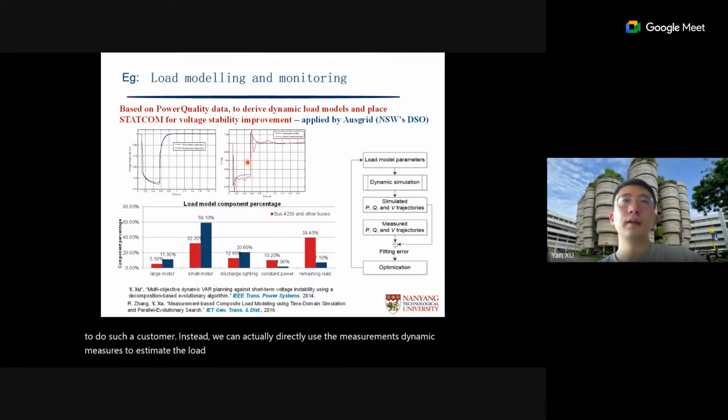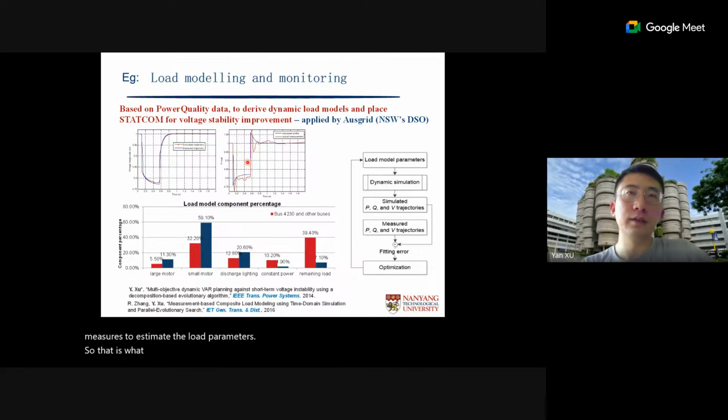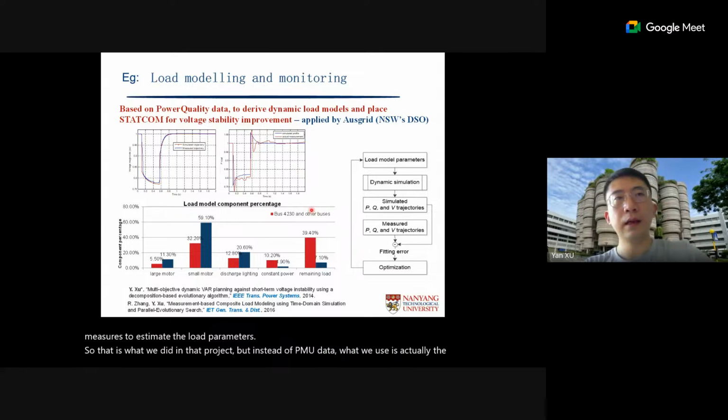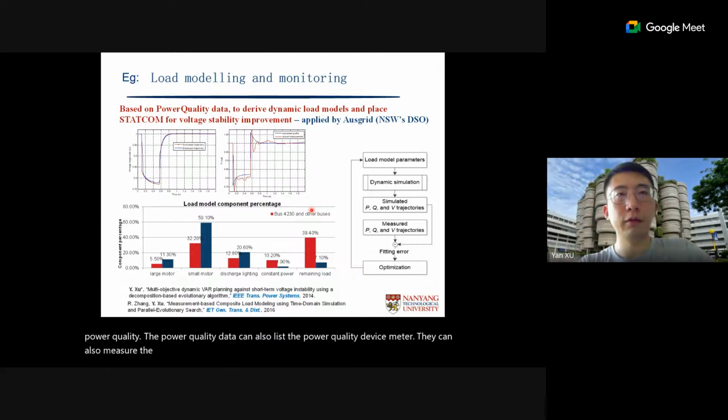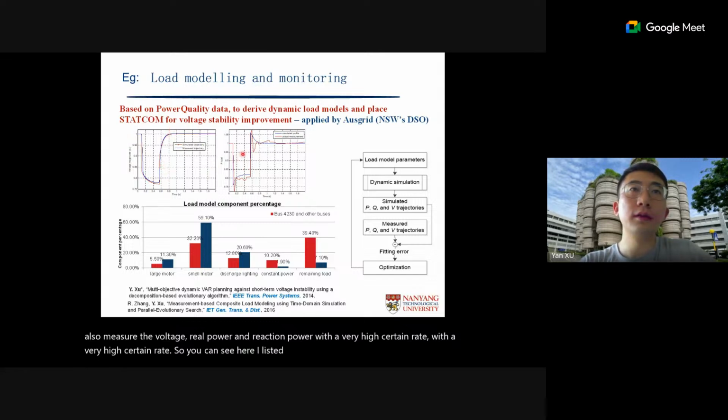Okay, so that is what we did in that project. But instead of the PMU data, what we used is actually the power quality data. Now, this power quality meter device can also measure the voltage, real power and reactive power with a very high sampling rate. So you can see here, I listed the voltage curve and the real power curve after a kind of disturbance